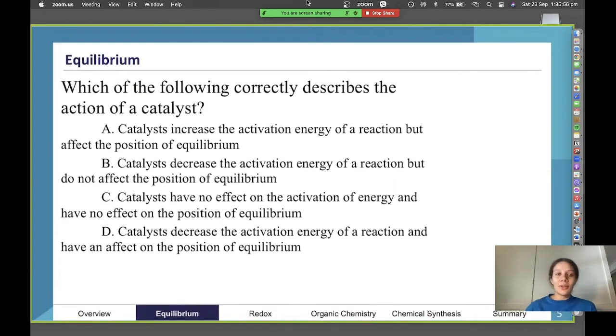Okay, we're going to start straight off with some equilibrium questions. With our multiple choice questions, I want you guys to have a think, maybe even reflect on your mock exams. I know they can be quite rough for a lot of people, but think about what your approach to multiple choice questions was. How do we approach individual questions, and how do we approach the whole paper one multiple choice section as a whole?